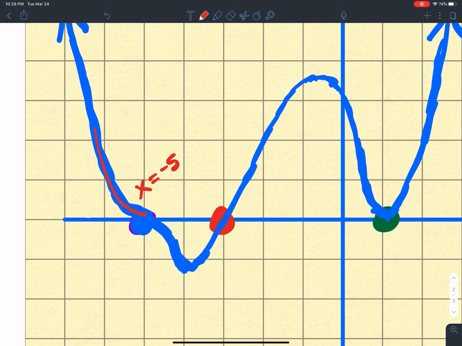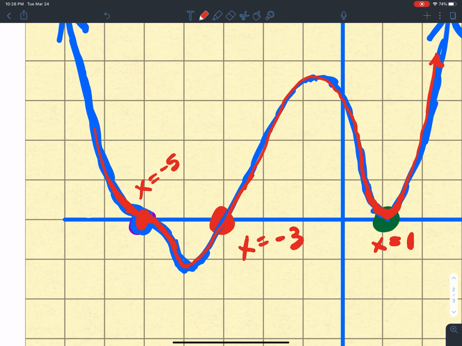I come in, I flatten out. As I get close to my 0, I flatten out. And then at x equals -3, I come in and I go straight through it because the multiplicity is 1. And then I come back down. And when I get close to this root of x equals 1, I flatten out,